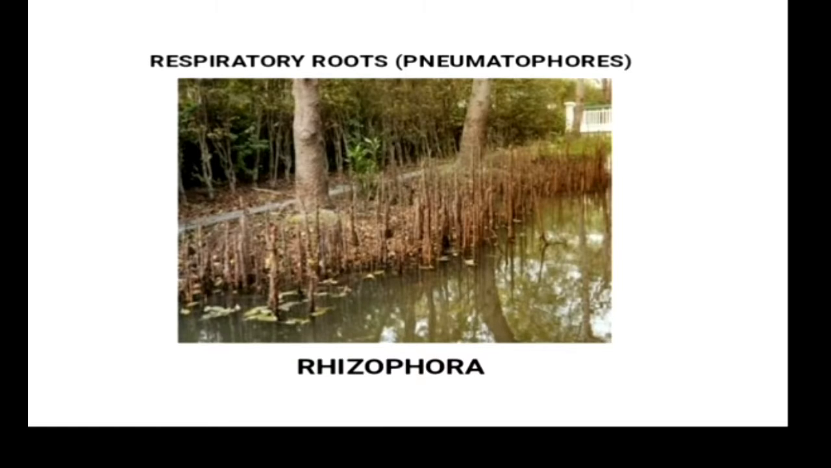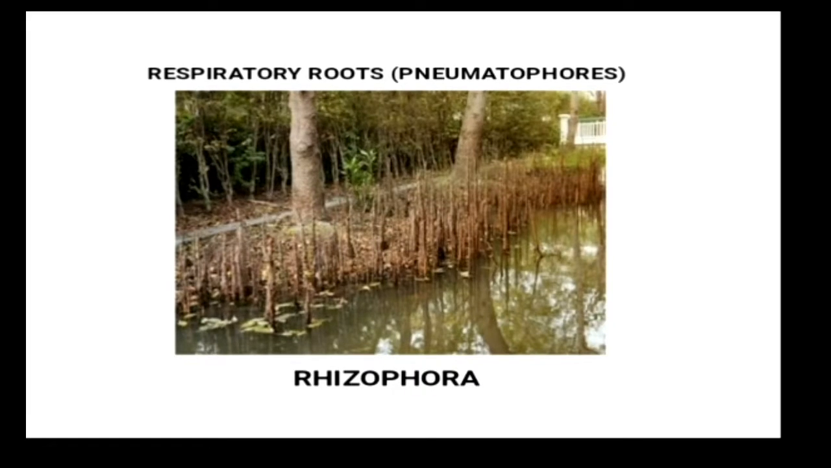Sometimes the roots help in respiration. The plants growing in marshy places or saline lakes suffer from absence of oxygen in the soil. Such plants produce special negatively geotropic roots which grow above the soil and help the plants in respiration. These roots are called respiratory roots or pneumatophores. Here we can see